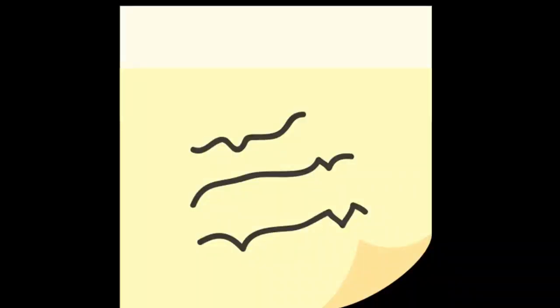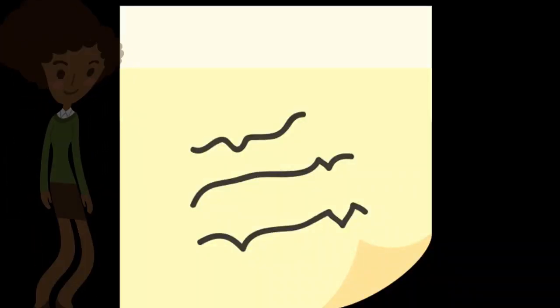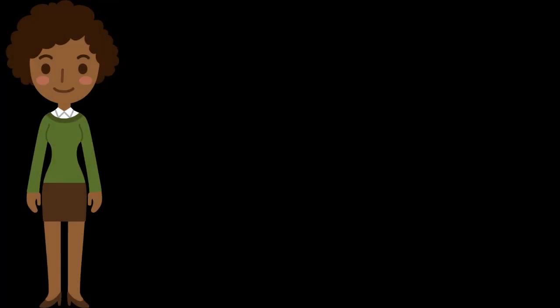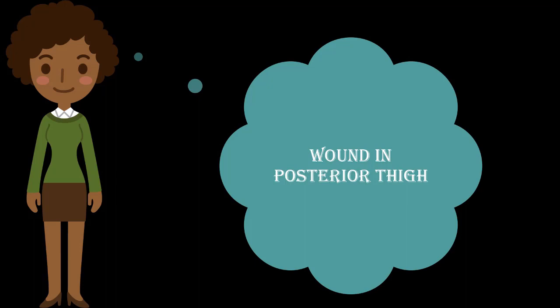Dear friends, because the two heads of biceps femoris have different nerve supply, if there is a wound in the posterior compartment of the thigh with a nerve injury, it can paralyze just one head of biceps femoris. It's not necessarily true that the whole muscle or both heads will be affected. Just one head, or one nerve, can be affected.